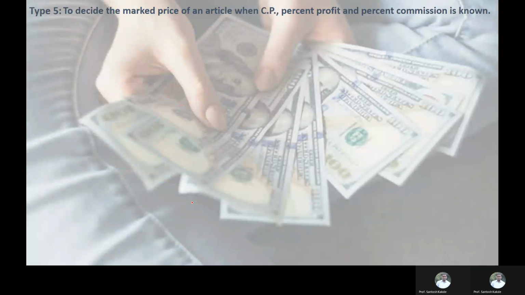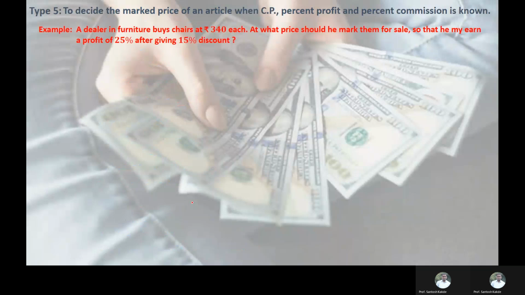So let us consider one type of example of this. A dealer in furniture buys chairs at rupees 340 each. One chair costs 340 rupees. At what price should he mark them for sale so that he may earn a profit of 25% after giving